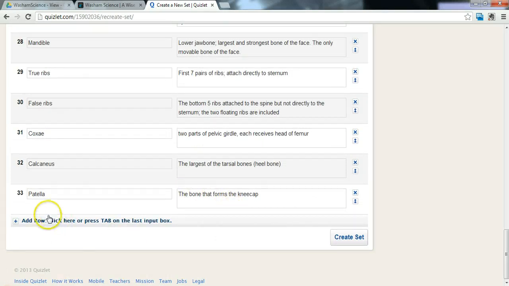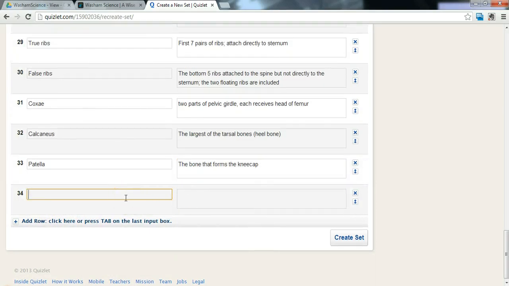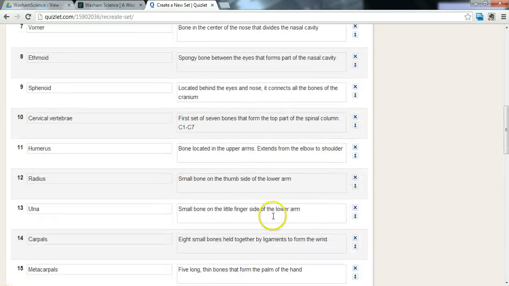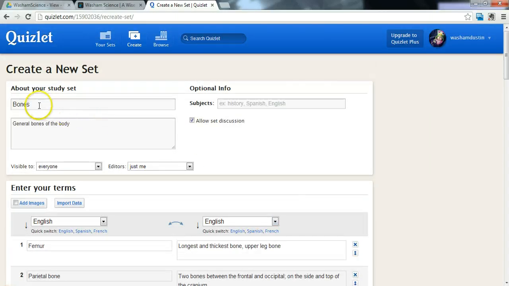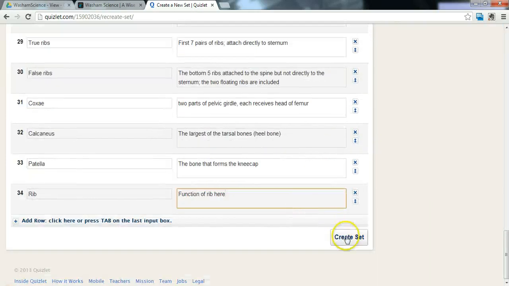If I need to add another row, I can go into the last box, hit the Tab button, and it will create a new one, and I can add a bone that is missing. Maybe the rib was missing, and over here I would give the function of the rib. Once you are done, you can choose Create Set. Don't forget that your set needs a title. You may want to change the title, and make sure that you have English and English chosen. Once you save your set,